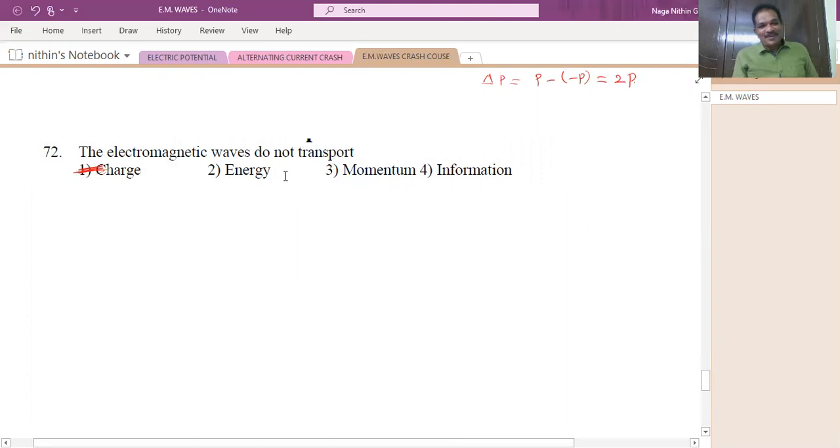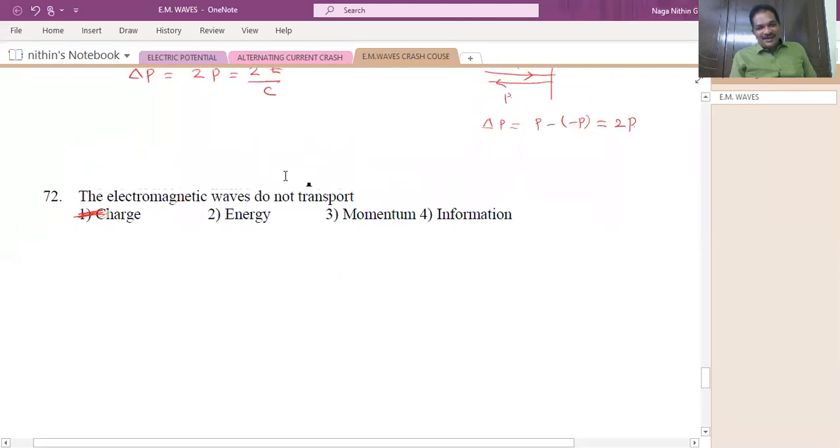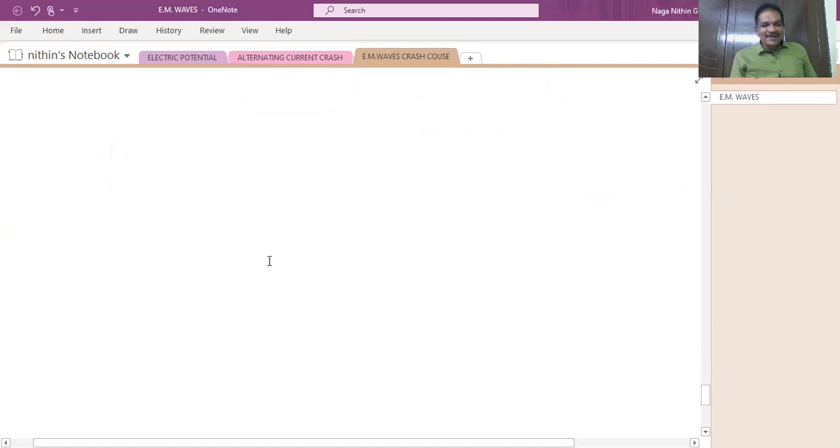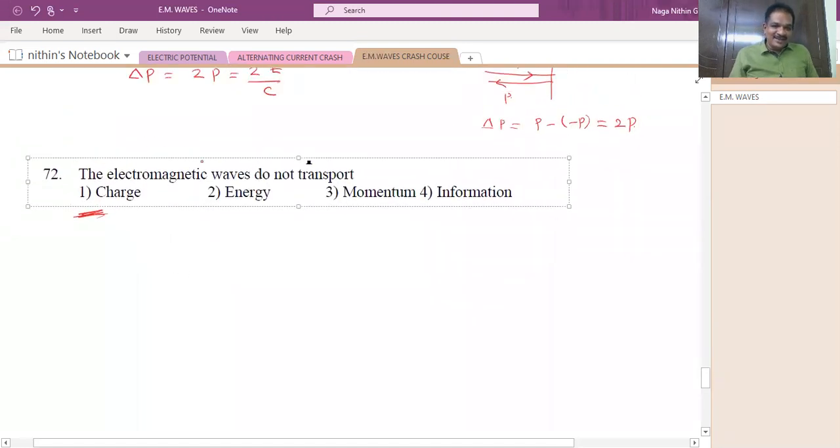We can't use the mobile phones. We can't use the TVs. All direct to home DTHs are coming now. All communications nowadays are going with electromagnetic waves. They can carry energy, they can carry momentum, they can carry information, but they won't carry charge. So answer will be